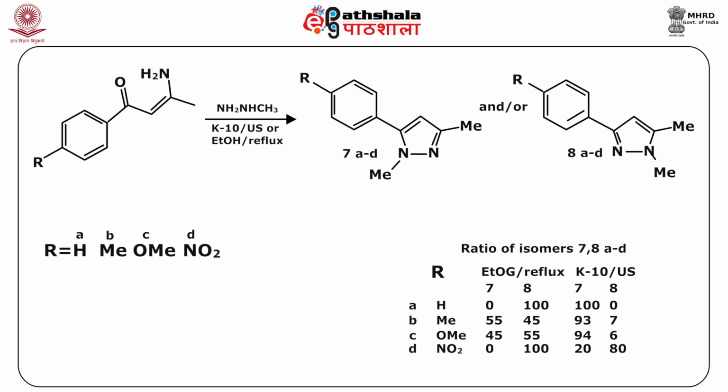It is showing the ratio of various isomers formed, where it is changing from 0:100 to 100:0, 55:45 is changing to 93:7, 45:55 is changing to 94:6, and 0:100 is changing to 20:80, where the conditions are changed from the conventional method using ethanol as the solvent and refluxing to the use of